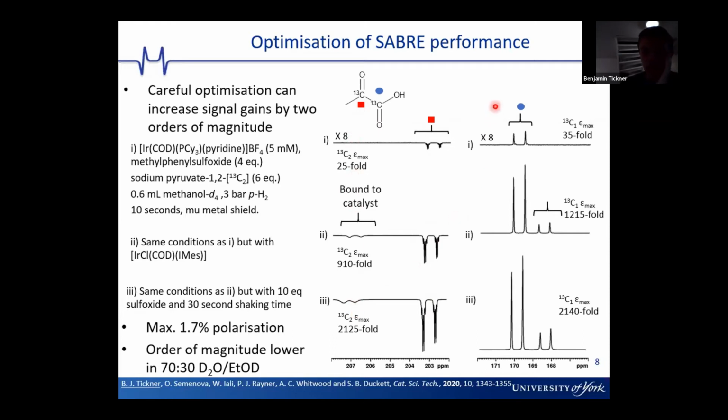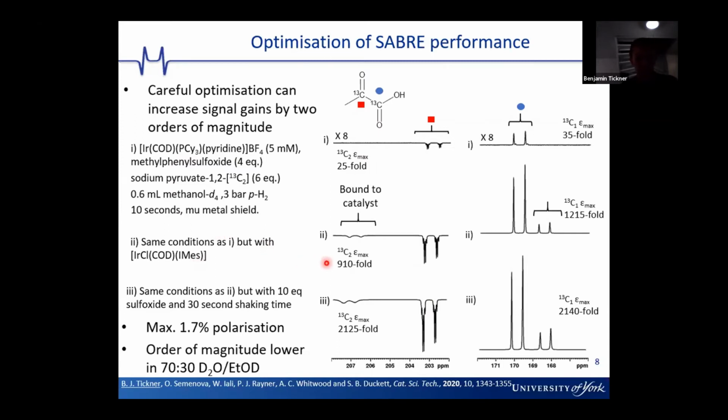And it's a similar thing on the right-hand side for the other site. The site shown by the circle. The free site appears here, and that site bound to the catalyst is here. So when we start out by using phosphine-based catalysts, with the conditions given here, we have very low pyruvate polarization levels. But if we move to N-heterocyclic carbene-based catalysts, we have quite a large increase in our SABRE